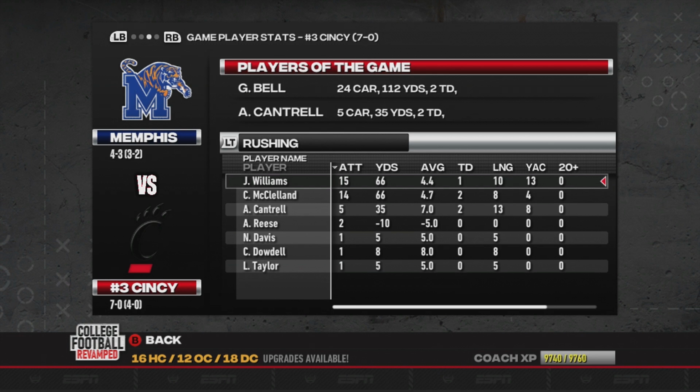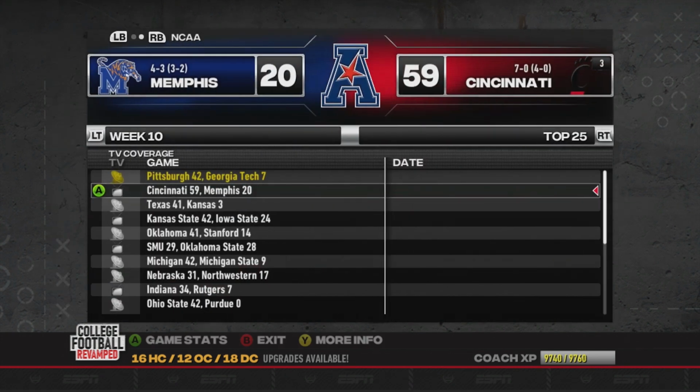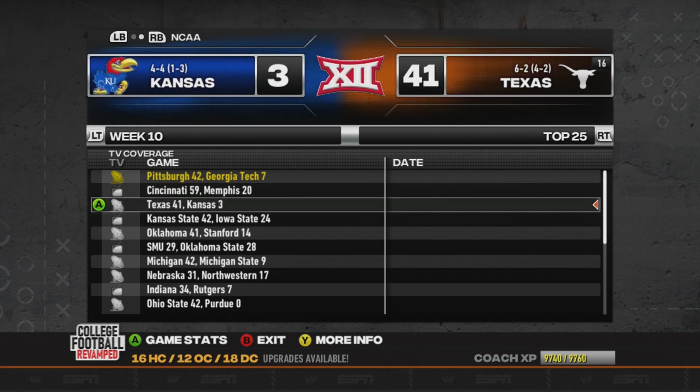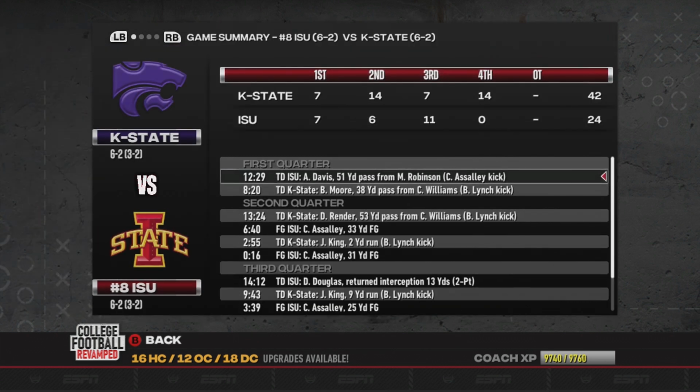The bigger issue for Cincinnati is Andre Cantrell, their star running back. 5 carries, 2 touchdowns, but then he also left with an injury. His is much more significant, and he is expected to miss some serious time for the Bearcats. Texas with a big win. Kansas State with an upset